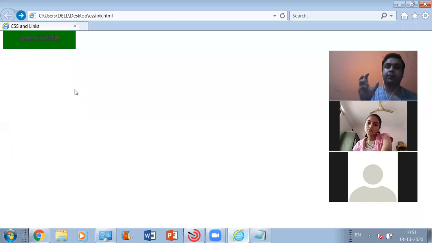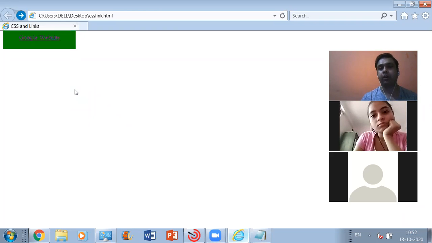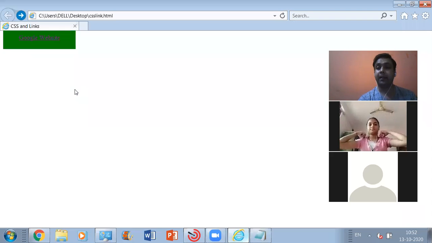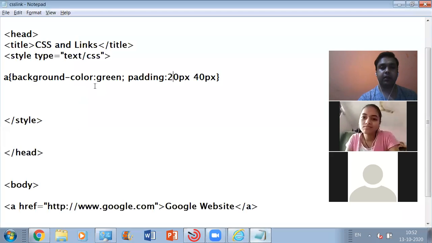So that's how, using the padding attribute and background color properties, you can design your anchor tag in whatever form you want. Now let's come to the third topic, that is images as links. How can you make an image behave like a link? That's what we are going to study now. So for that,